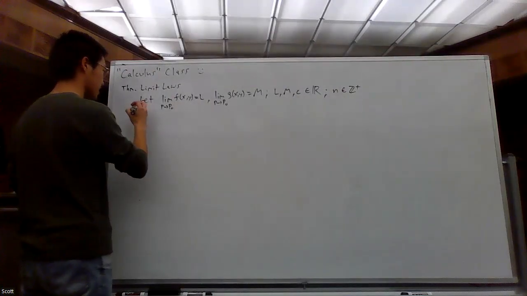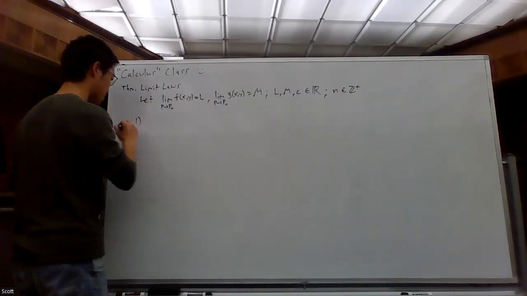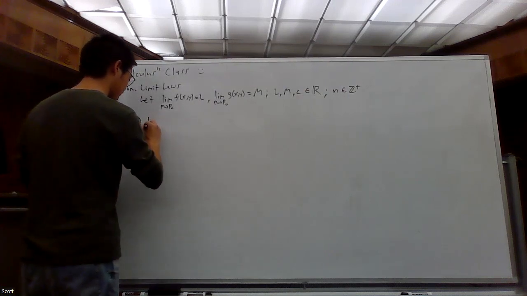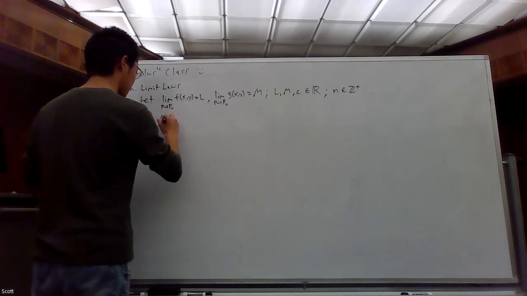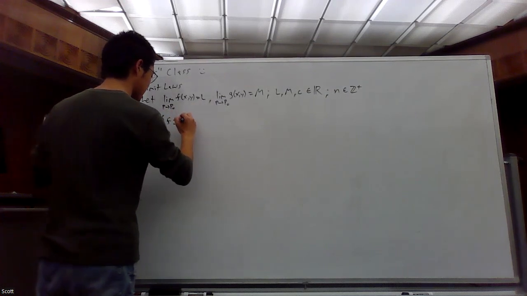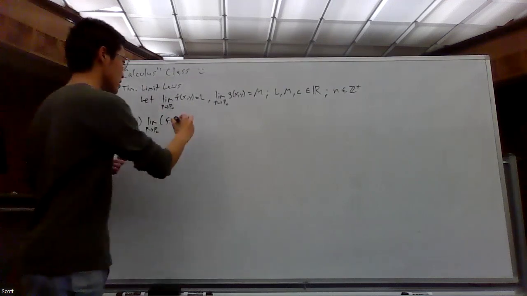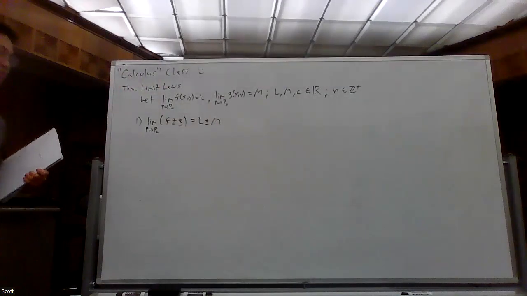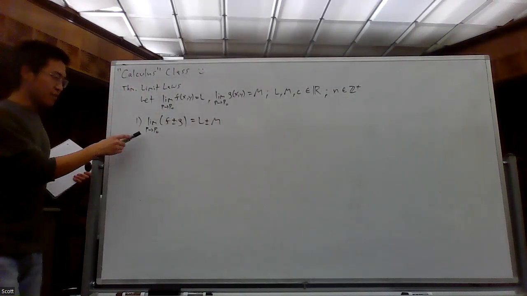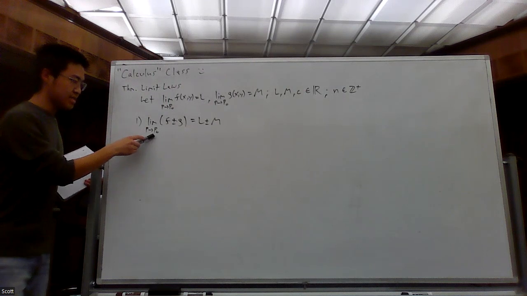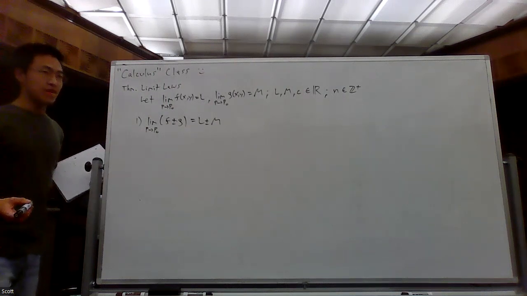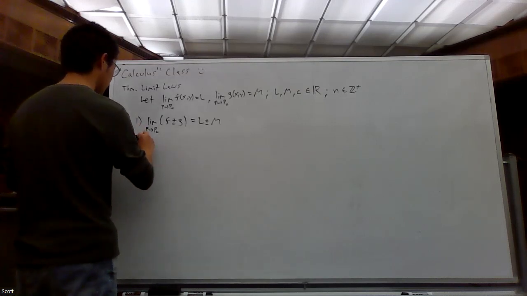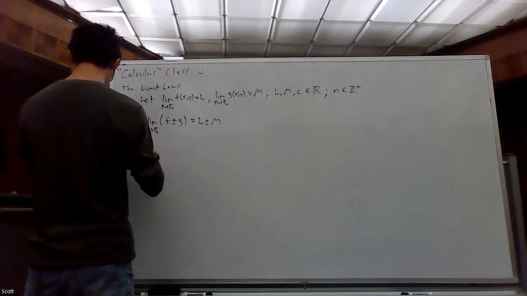And so from here, we get our limit rules or limit laws. So the first one is the easy one. It's just that the limit as p goes to p naught of f either plus or minus g, it doesn't matter, is just going to be L plus or minus M. Straightforward enough. And if you really think about it, if you just change this P and P naught to x and a, then you pretty much just have the calc 1 limit laws again. So this isn't supposed to be something shockingly new. It's all analogous to what we've already done.